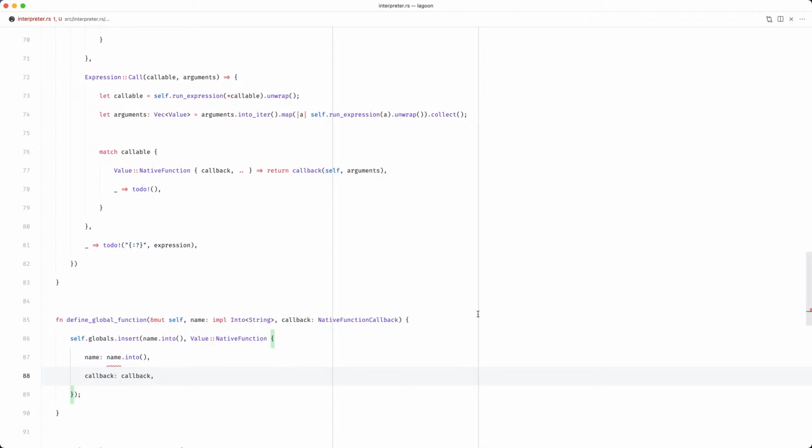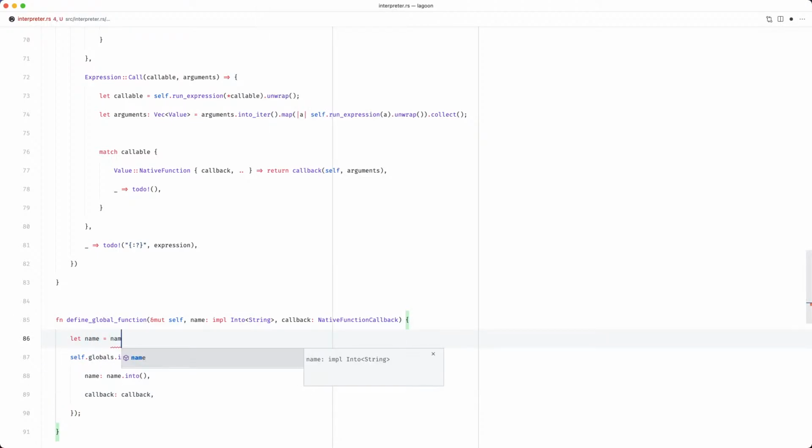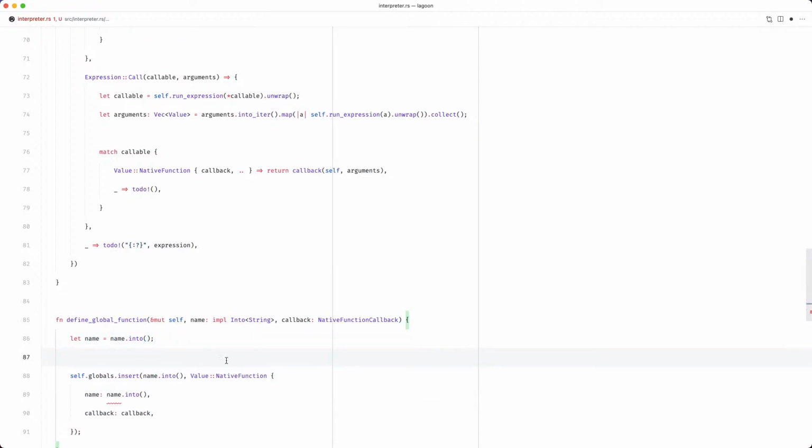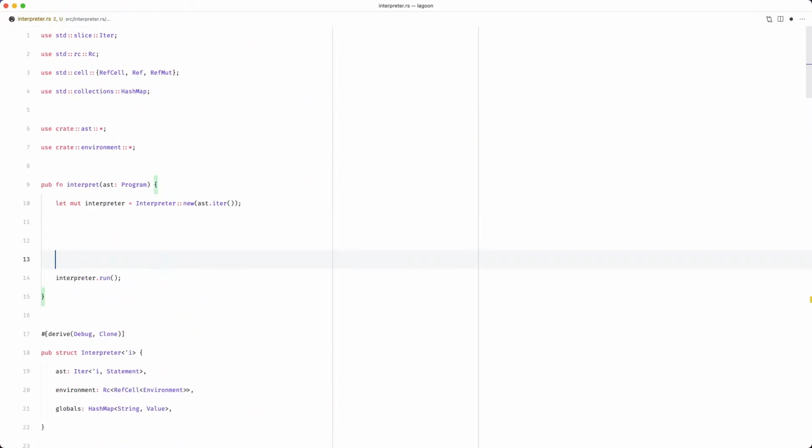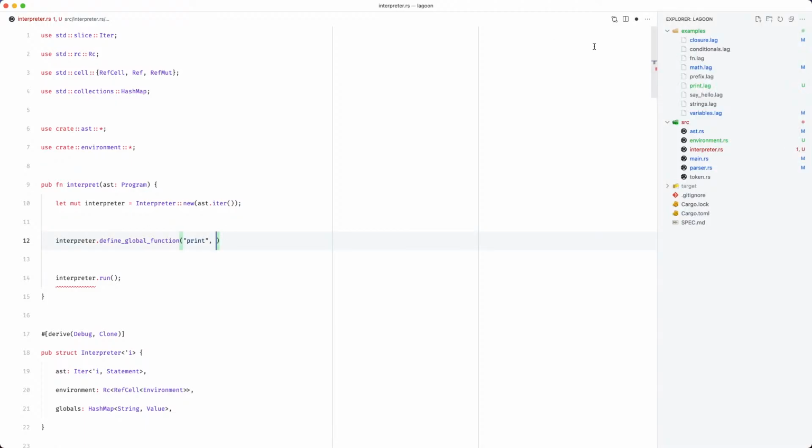And name is being borrowed, so we'll say let name equal name.into(). We'll do name.clone() and name. And now up here we can say interpreter.define_global_function print, and pass in a function.